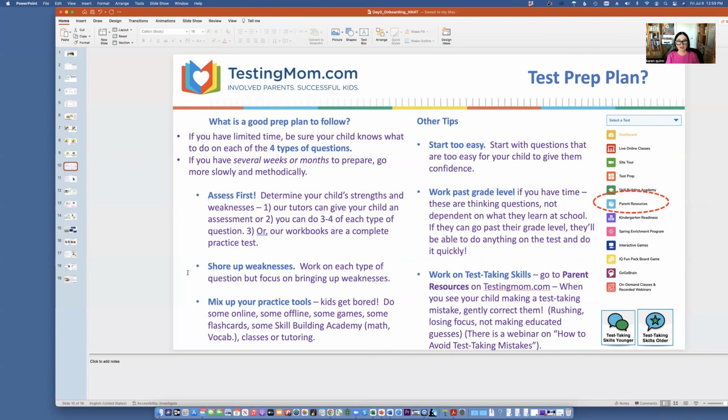Or we have tutors, they can assess your child for you and tell you what to do, or they can work with your child, whatever you want. But find out first what their strengths are. And the reason that I think that's really important is that the first thing we're going to do is